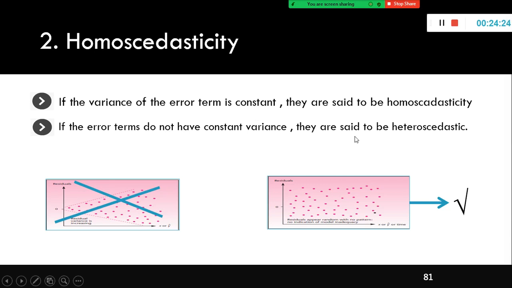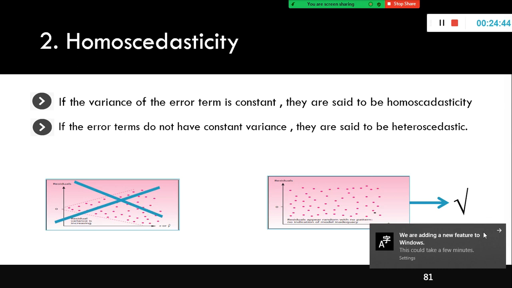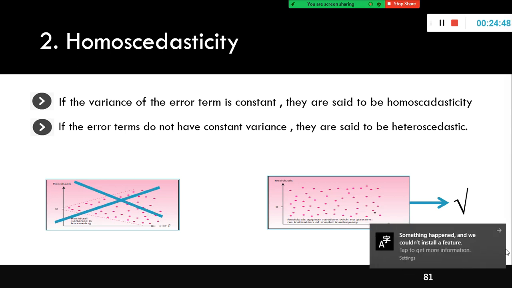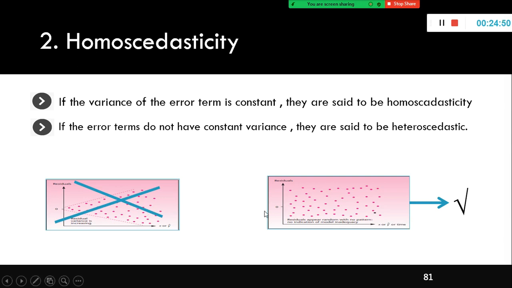If the error terms do not have constant variance, they are said to be heteroscedastic. Look at this, there is some kind of funnel shape here, right? So you will get some kind of confusion. It is not exactly like this, but still you can make it out by looking at this. In some cases, you will be inconclusive